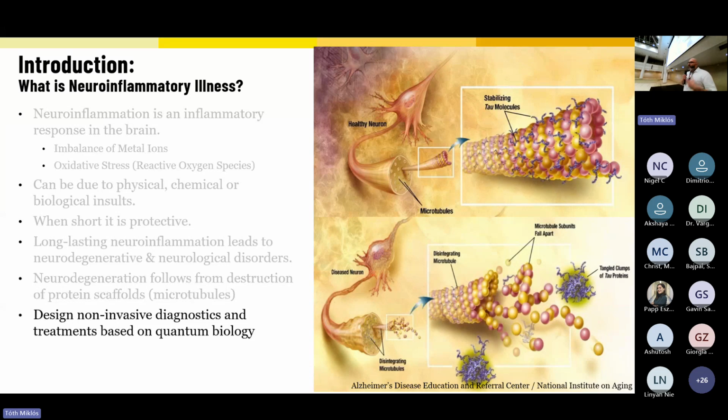And so the approach of our lab has been trying to come up with novel ways to diagnose this neuroinflammation, as well as novel ways to try and treat the neuroinflammation. And specifically, we're looking at mechanisms based on quantum biology. And so this is focused on light-based therapies, which I will not be talking about today, but which my postdoc, Leah Kassab, will be speaking of right after. But I'll be talking about some of the stuff we're going to be looking at based on magnetic field effects.